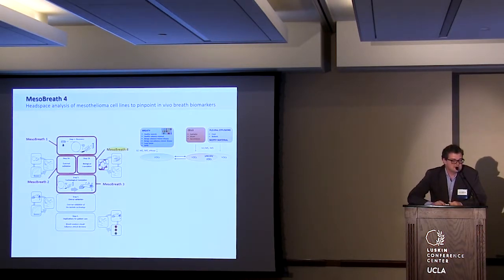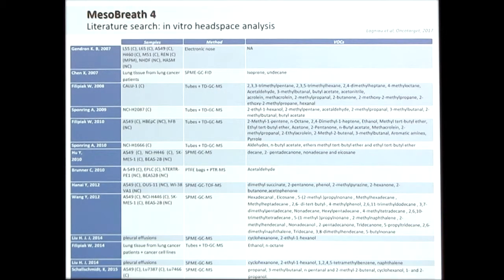But also, the next step to do is the biological translation. So what we measure, does it relate to our mesothelioma, or is it something that's just inflammation associated with the tumor? Therefore, we have started up a Mesobreath-4 study that tries to explore cell lines and pleural effusions for VOCs in the headspace of those cultures. Before we started it, we looked in literature at what was already known about volatile organic compounds and headspace analysis in those lung cancer and mesothelioma cell lines. And really, that's all that came up to today.